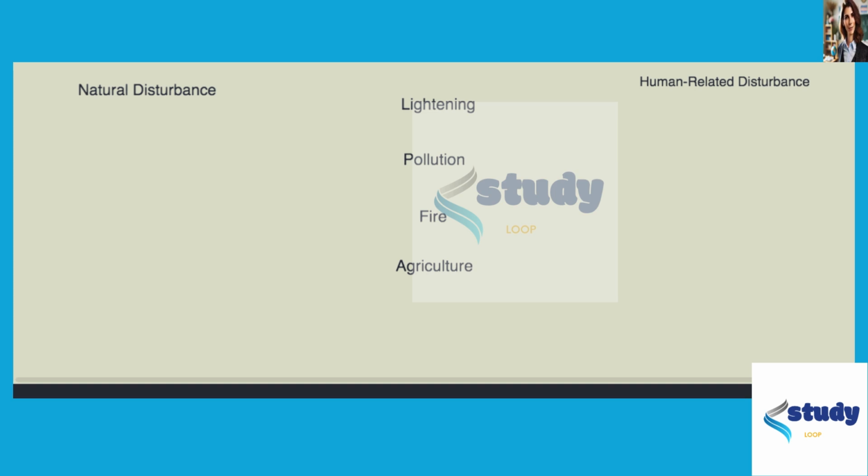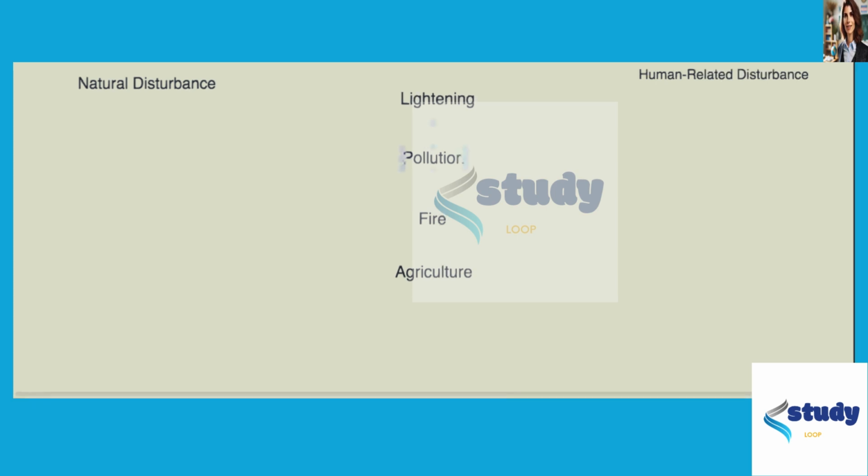into categories, whether they are natural disturbances, meaning a disturbance that happens irregardless of human existence or interference, such as a tornado or a hurricane or an earthquake, versus the human-related disturbances, which are those that happen because of human interference or human presence. I think probably a good example, it's kind of cheating here because it's one of our options, but it's the best possible example, is pollution. That's probably the biggest one you're familiar with. It's probably the one that should come to mind first when you think about human-related disturbances in an ecological sense.